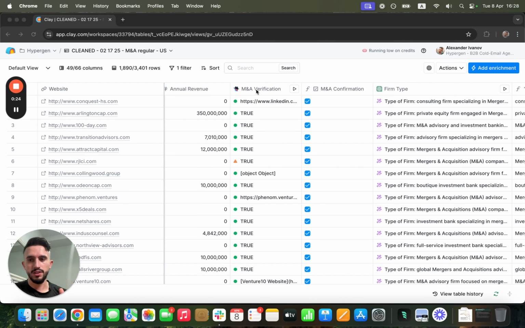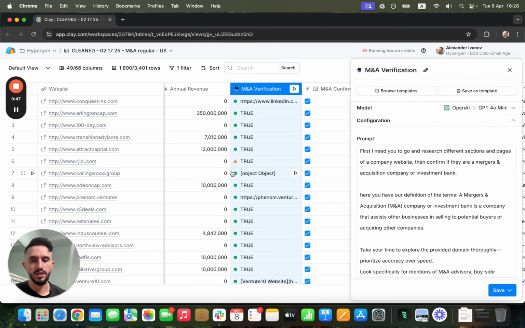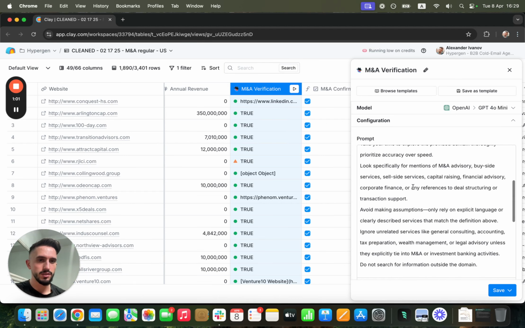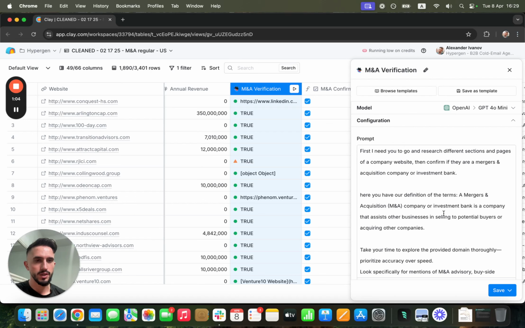The first thing is, for some industries, especially M&A advisors and, let's say, SaaS companies, it's very hard to just write an industry on a pull. Even if you write computer software, they're not always just SaaS, and even if you add keywords, there are still gonna be some hiccups here and there. The way around that, one of my favorite features in Clay, is you just write a prompt and ask the AI to verify: is that a website of an M&A advisor, or is that a website of an investment bank? You can see the prompt here. You'll be able to check it out when you grab the table yourself.